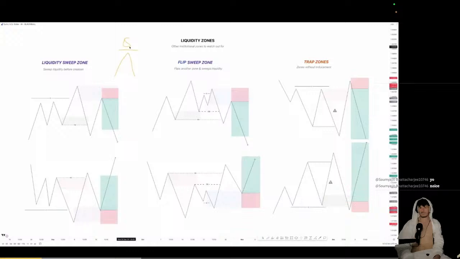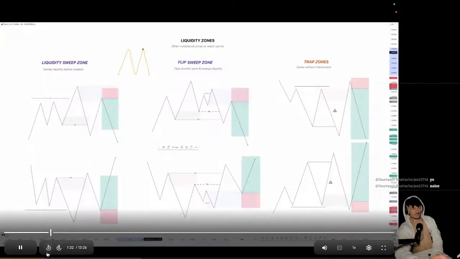Now, why does this liquidity exist? Example, there's a double top. This is a very famous chart pattern where we see retail traders, when they see